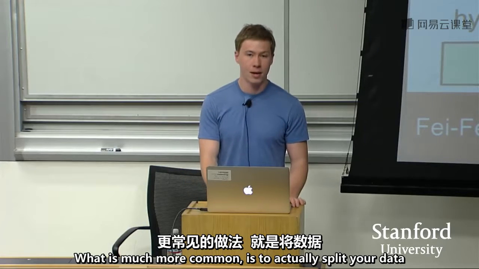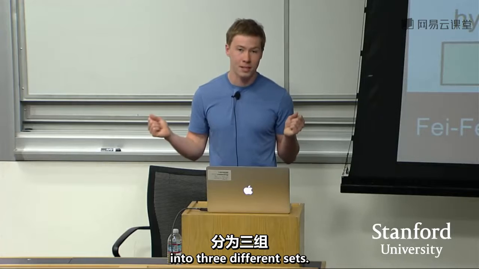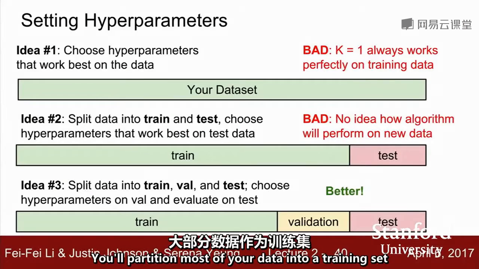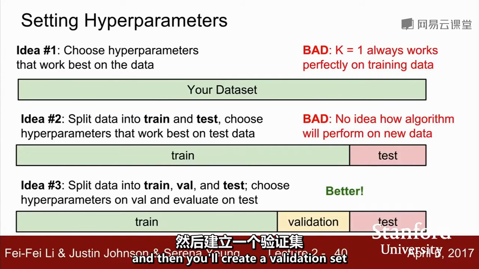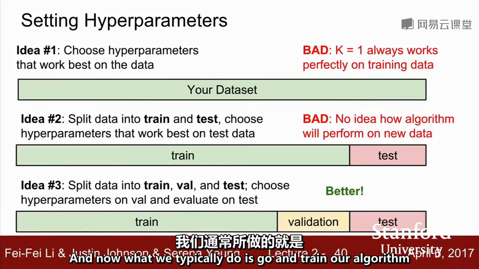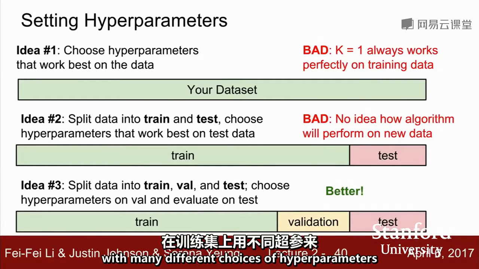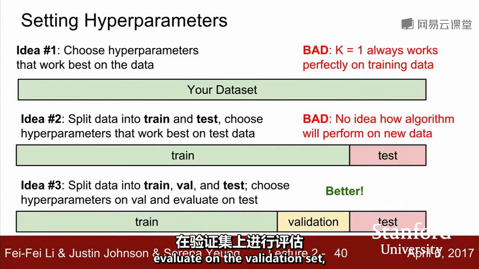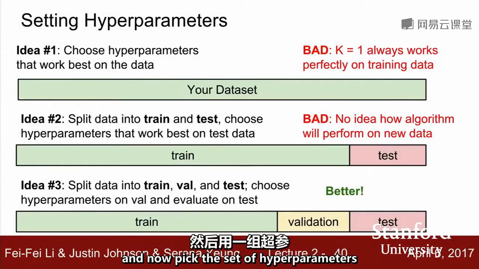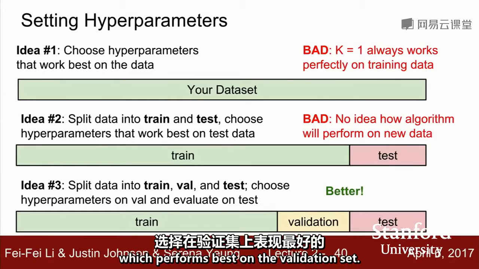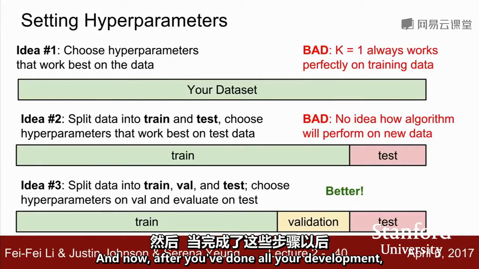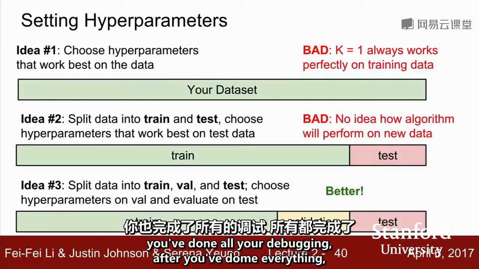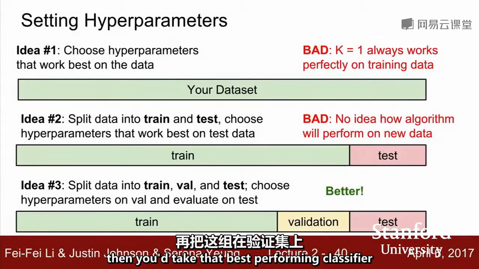What is much more common is to actually split your data into 3 different sets. You'll partition most of your data into a training set, and then you'll create a validation set and a test set. And now what we typically do is go and train our algorithm with many different choices of hyperparameters on the training set, evaluate on the validation set, and now pick the set of hyperparameters which performs best on the validation set. And now, after you've done all your development, after you've done all your debugging, after you've done everything, then